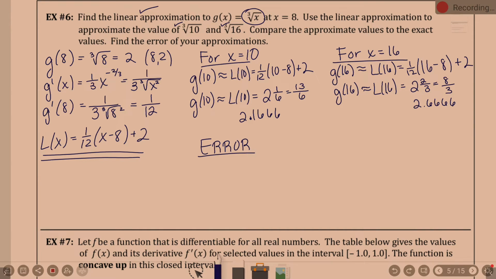right? Compare the approximate values to the exact values. Find the error of your approximations. So basically for both of these, if we talk about 10, in order to do the error, you're going to do the exact g of 10 minus the linear approximation at 10. This is where you have to grab the calculator, right? Because I don't know the cube root of 10 off the top of my head. I can tell you what I have written down: the cube root of 10 minus our linear approximation of 10 is, but I don't have